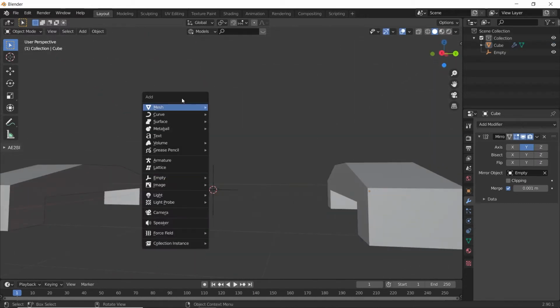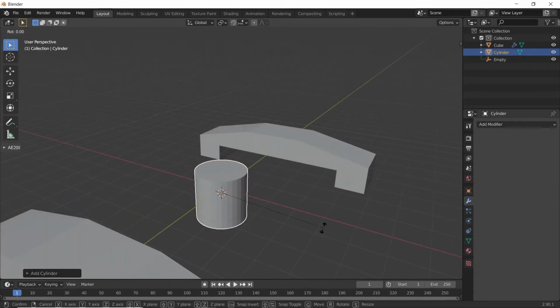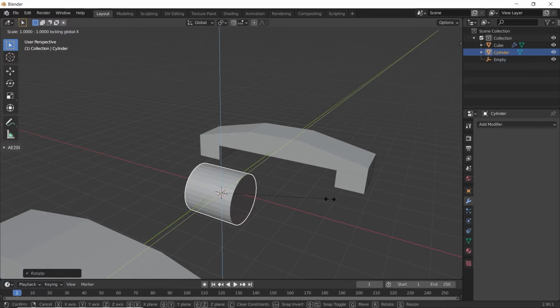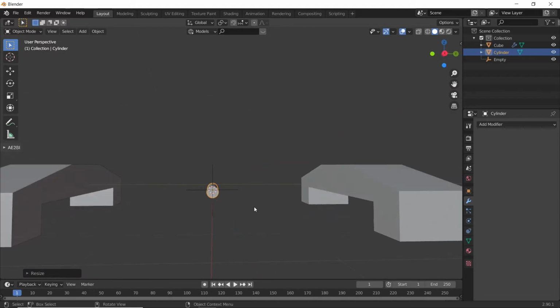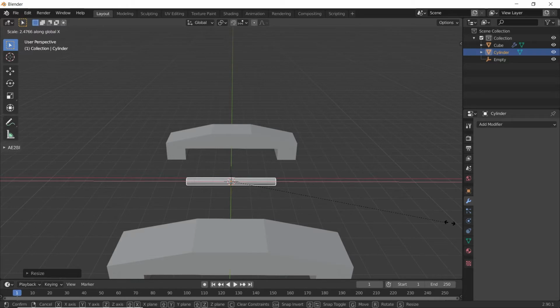Now let's add a cylinder, rotate it on y-axis by 90. I don't want to scale it on x-axis, so press S, Y, and press Shift X so that it won't scale on x-axis. Now scale it on x-axis.